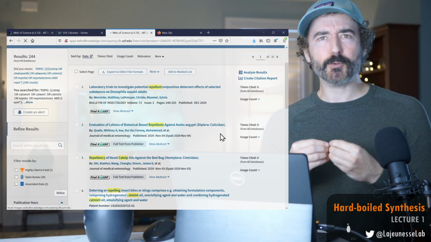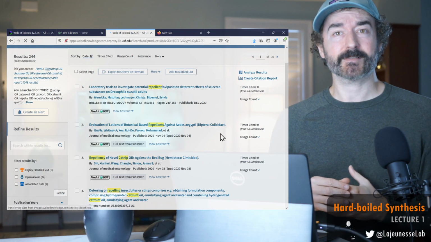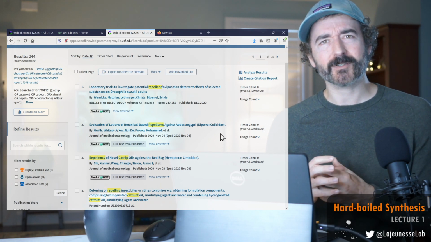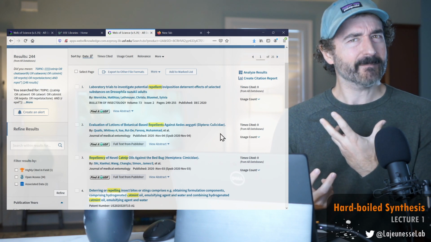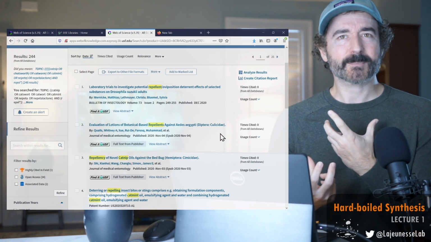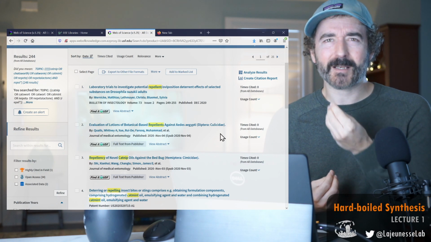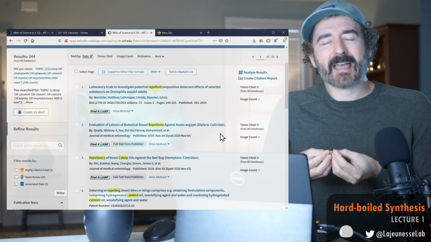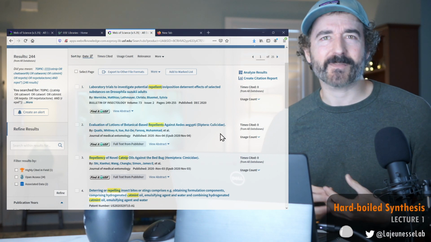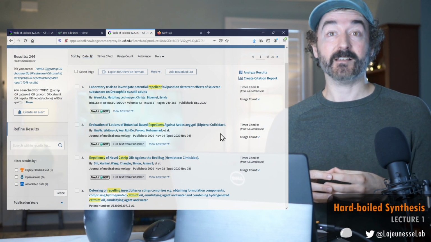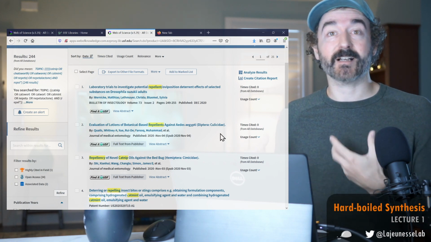I did a huge search including patents. Maybe the patent literature is important for repellency experiments, but my experience and my gut feeling is they tend to not provide actual experimental results within a patent. They just say, hey, here's a chemical concoction that we derived.